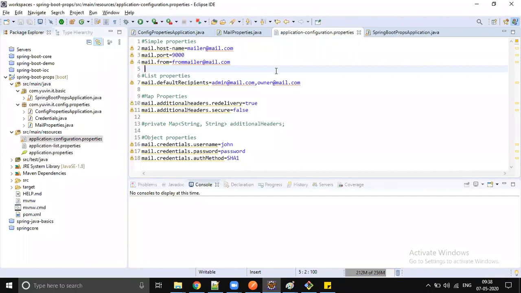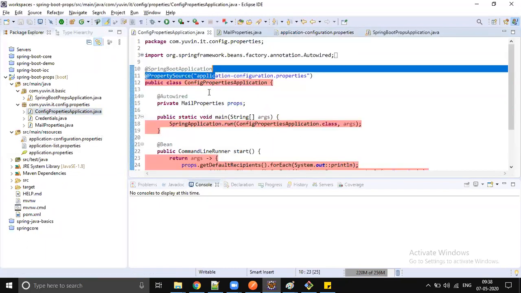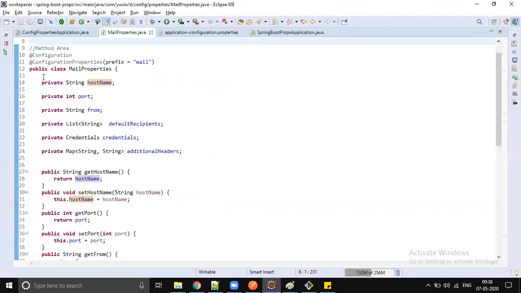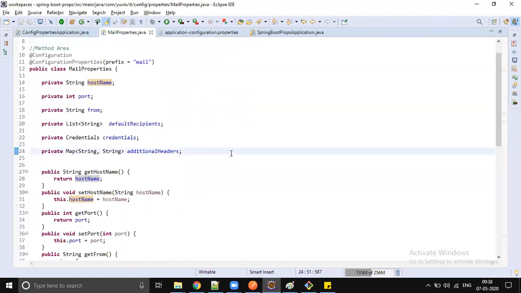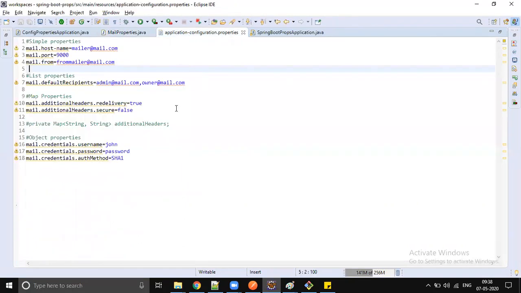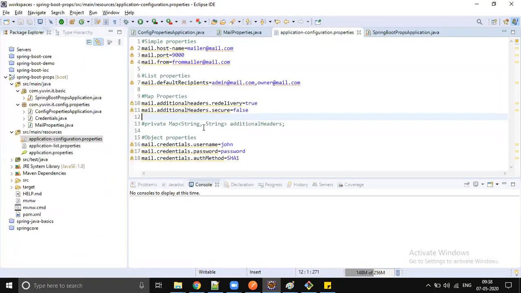What is that? Mail. So when you find a grouping, then you use configuration properties. So how are we loading all these properties into a single entity? Because all these properties are related to email configuration, some grouping I have. So that's why I am using at configuration properties.